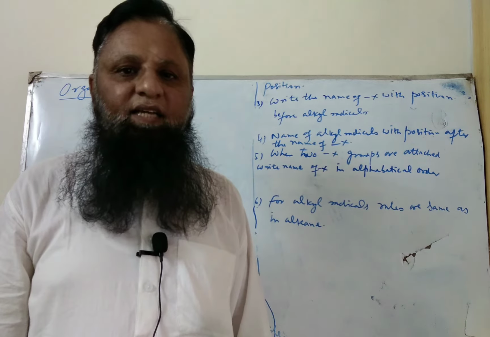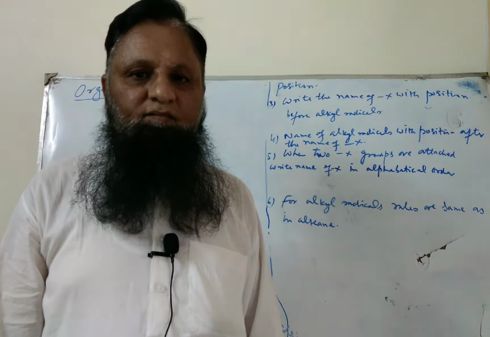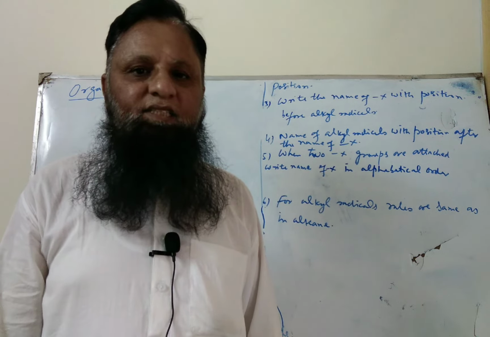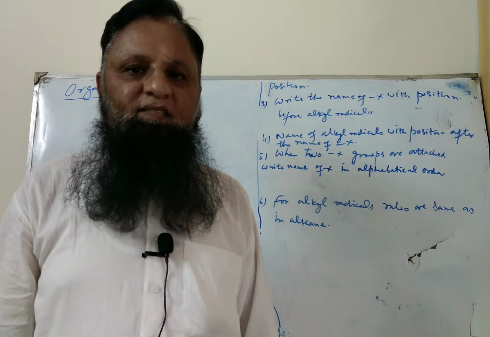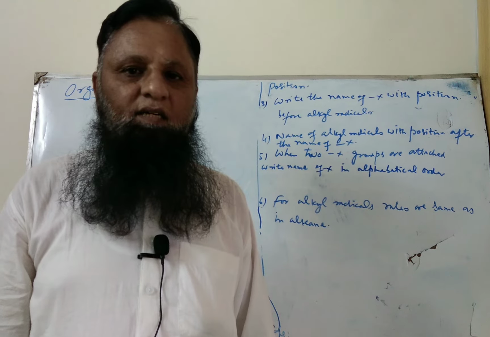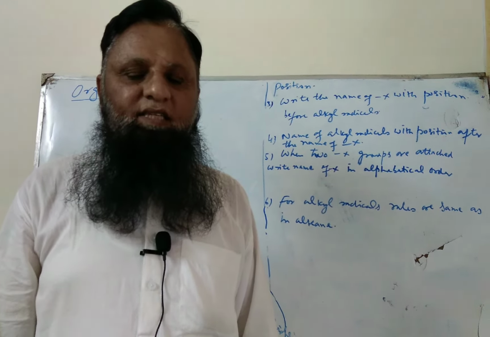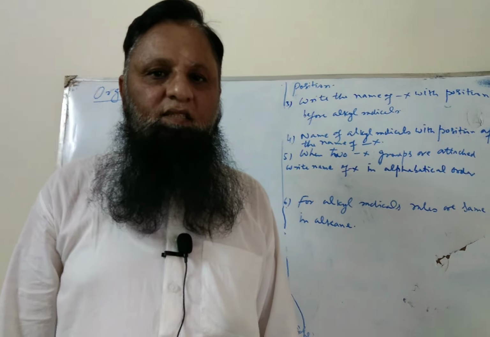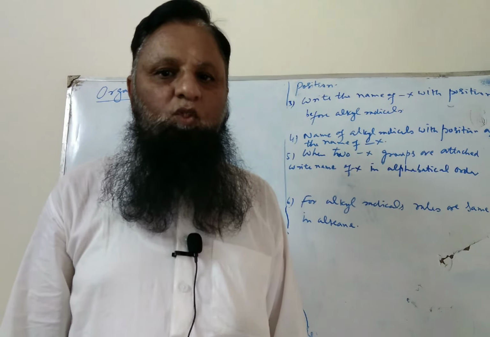Dear student, today we will start the alkyl halides. What are the alkyl halides? Basically, halide means the halogen, which belongs to the 7th group element, that is chlorine, bromine, iodine. So X is replaced by Cl, Br, I and F. In this case, what are the rules to express the nomenclature? We will follow the following rules.